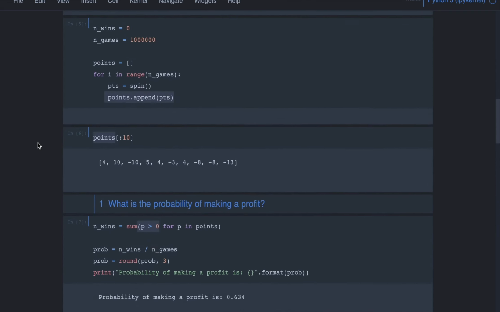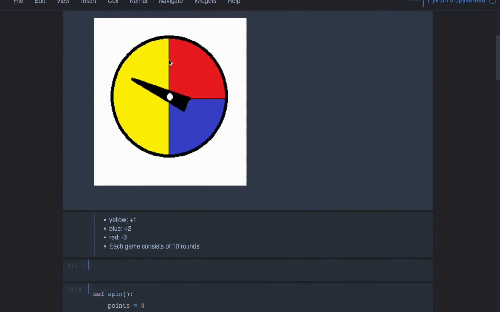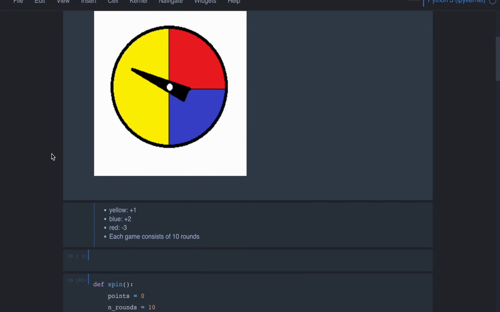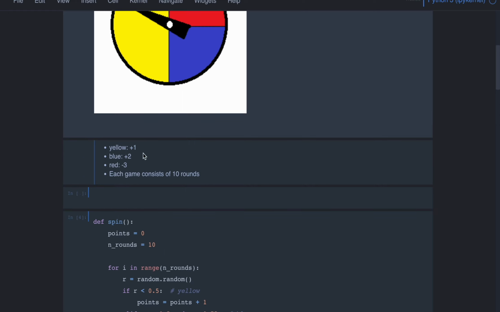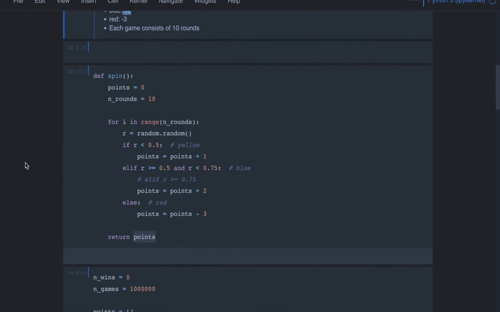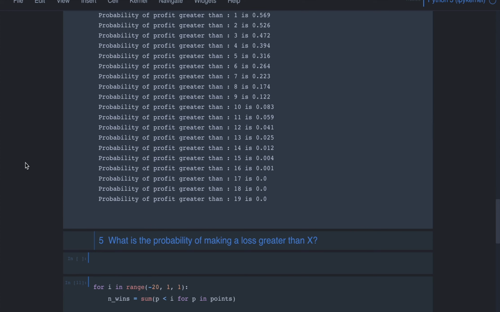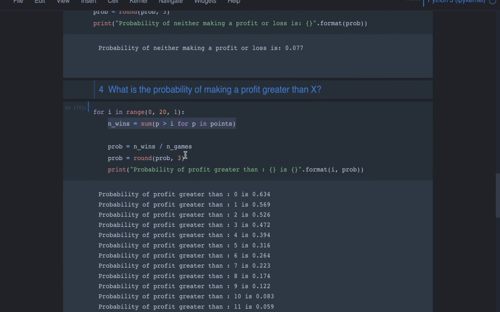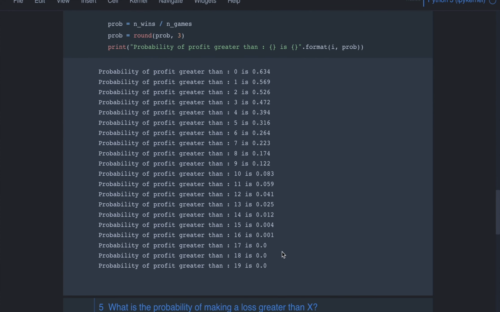So by playing this game 10 rounds, even if it lands on, let's say, the blue every time, we will make a profit of 20, right? We will make a profit of 20, but that probability is so small that